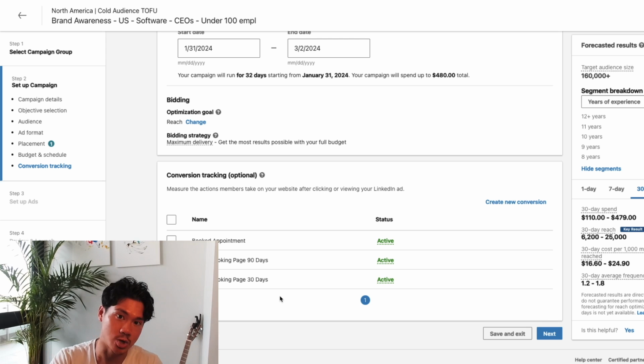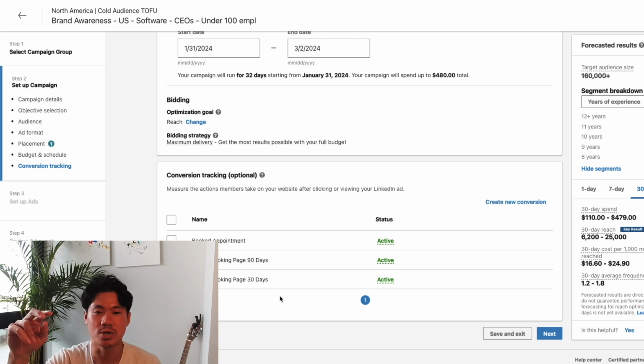But if the metric that you're trying to track is how many people have in fact gone to my website and actually booked a call, then you'll need to put a little line of code into your website, which will enable LinkedIn to go into your website and peer into the traffic there and be able to measure what has happened. I'll go through that in a little more detail in a separate video because it's a little bit of a technical solution.